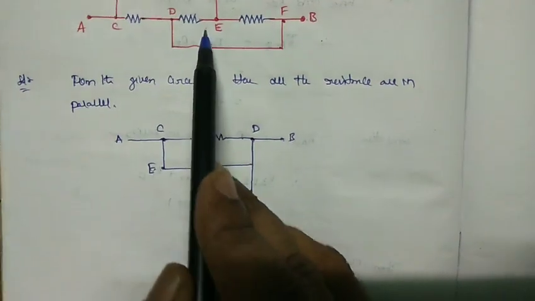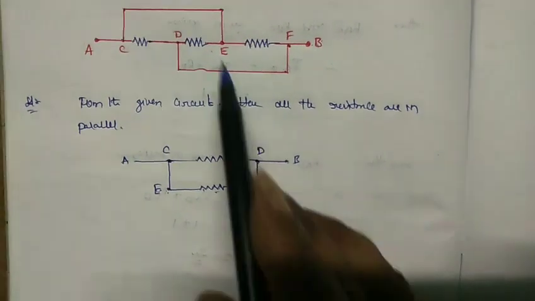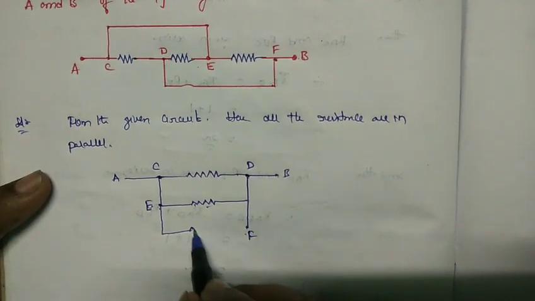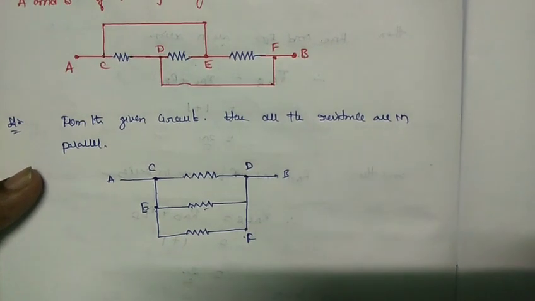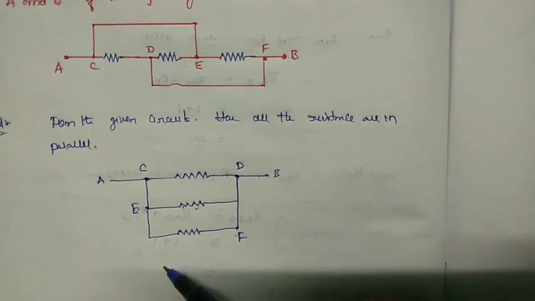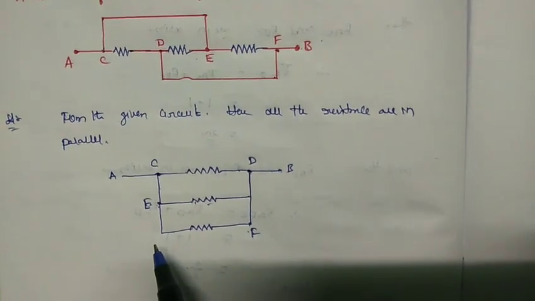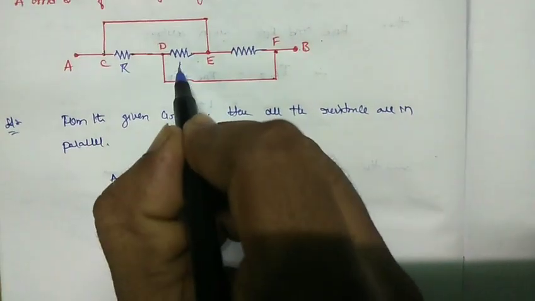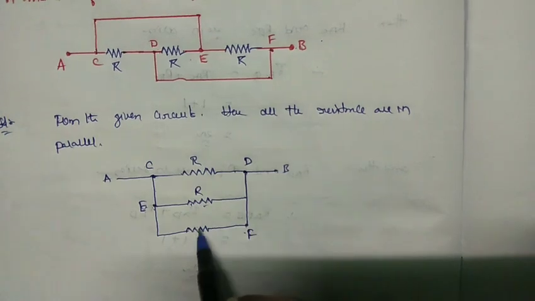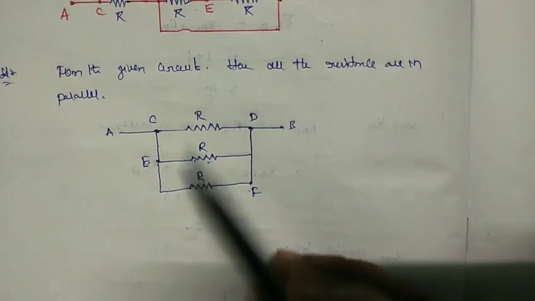Now C to E is like this. So D to F is like this. Now E to F means like this, from E to start and getting F is here. So these resistances are all in parallel. Clear? Or understand? So the resistance values are not given. We can use this is R and this is R and this is also R. So these are R ohms, R ohms. So all are in parallel connection. Am I right or wrong? So all are in parallel connection.